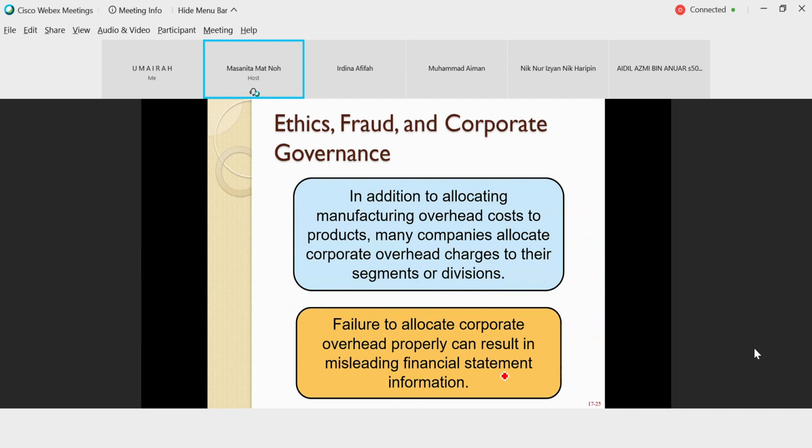Okay, so maksudnya kalau katalah manipulating the figures, okay, happen in determining the figure for the amount of MOH, okay, by people who are unethical, okay, the effect will be your financial statement will not show you a true and fair view of your company's financial position. Okay, saya cuma nak kata maksudnya